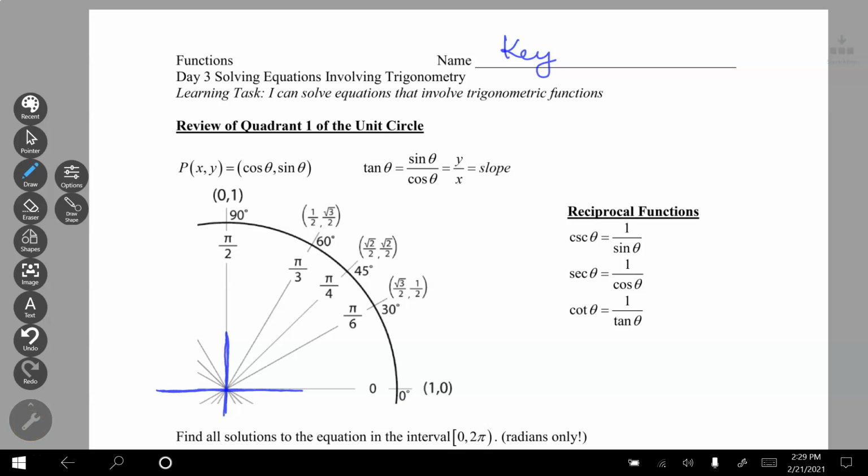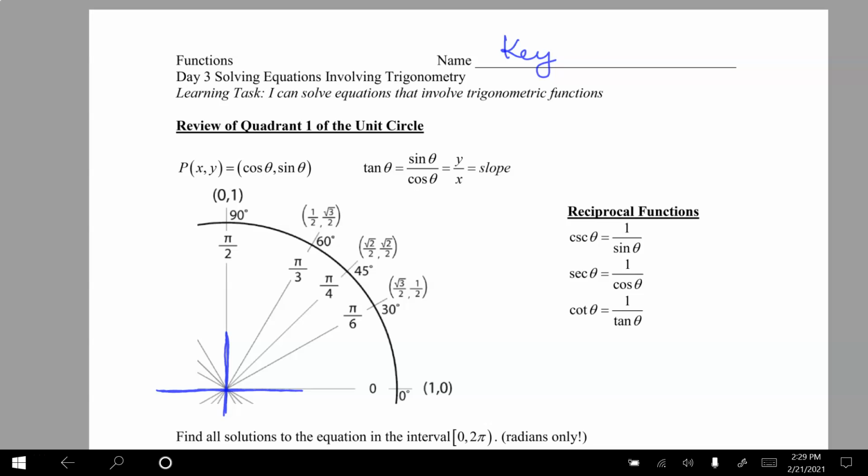Okay, welcome to day 3, solving equations that involve trigonometry. So we're going to look at equations that have trig functions in them like sine and cosine, and we're going to solve for x or theta or whatever the variable is. Going back to our unit circle, when we solve, it's not really using inverse trigonometry. It's about what we did on that homework 28, when sometimes we get multiple solutions for the angle theta based